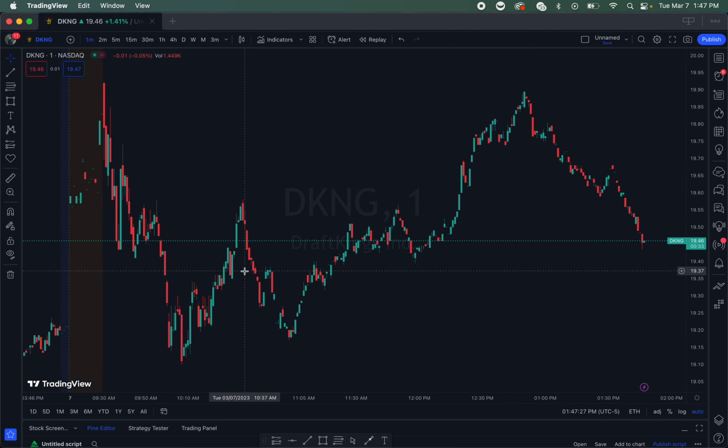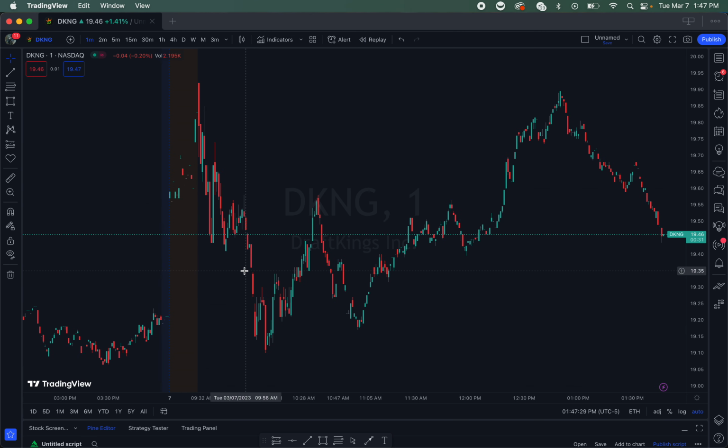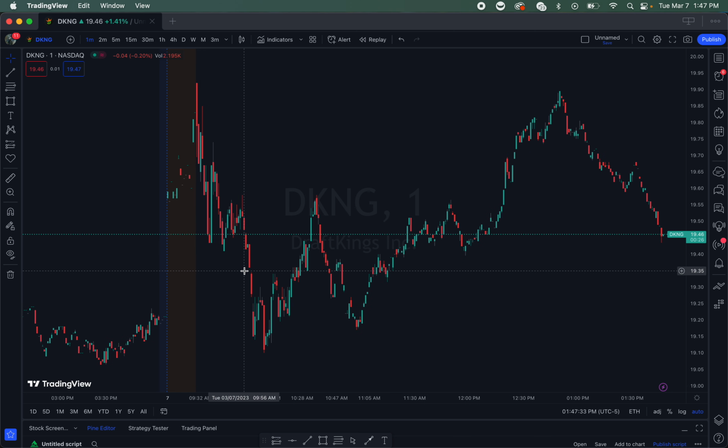This DraftKings, we made a play on that today. I'm happy about this one because yesterday I wasn't prepared. I was playing games with it, but today I was fully prepared. And once your preparation is where it needs to be and you do the things you need to do before you get into a trade, then the outcomes become exactly what you want them to be because you know